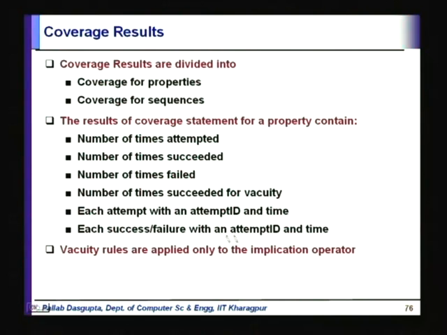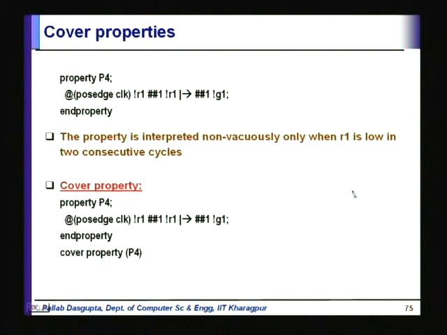Each success or failure with an attempt ID and time. So, this is the complete coverage report that will come out when you declare a property as a cover property, right. Another thing that we must look into is that the vacuity that is looked at here is only implication vacuity, in the sense that all it does is look at the implication operator, and the antecedent of that implication operator, whenever that matches, we say that this property matches